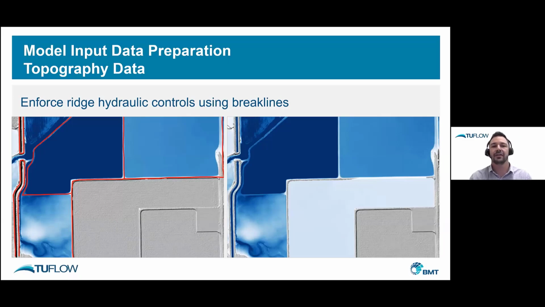Another really useful thing to do when you're building a model is enforce your hydraulic controls. This is the same data set as before with all of those rural levees. Computationally, the way that the solvers work is you get storage calculated in the cell, but then water breaking from one cell to the next is defined based on the topography along the cell face. If that face doesn't line up with those levees, you'll find water artificially breaking through them, which is what's shown on the right there. Once I enforce those hydraulic controls with break lines, I get the answer on the left, which is actually the right answer.